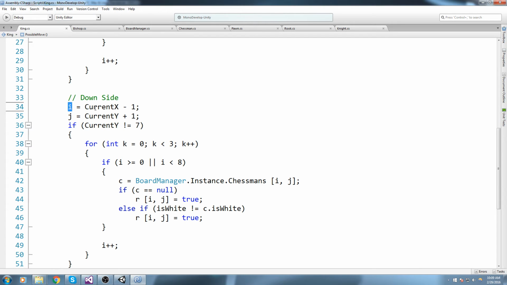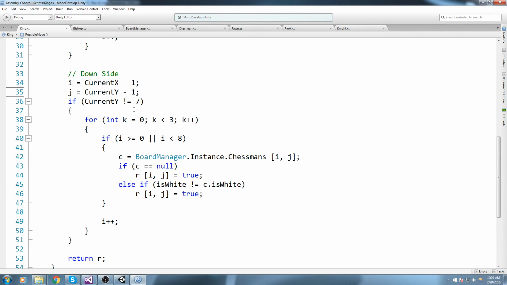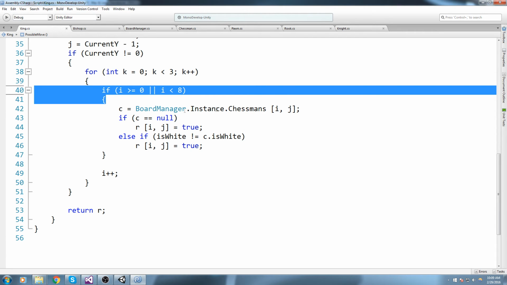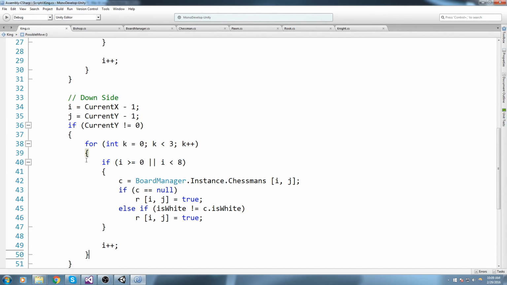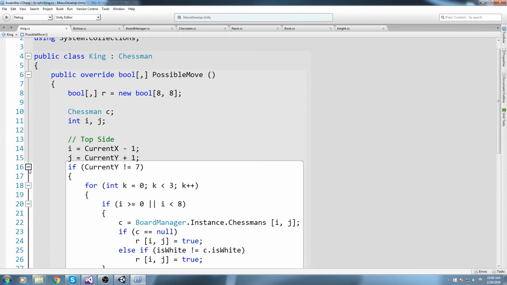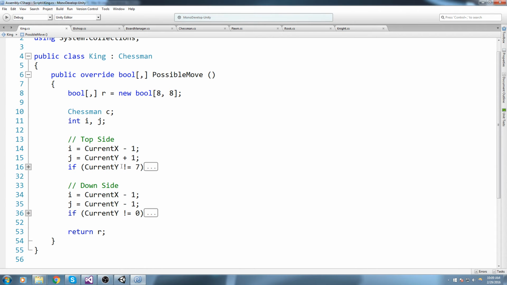Okay, so i is equal to current x minus 1, we keep this because we're going to be starting from left again, why not? But as for the j, we're going to say j is equal to current y minus 1. And then if current y is not equal to 0, so if we're not on the last bottom tile, then we still do this for loop. And then we check the same exact stuff here. And everything else should be working actually. But instead of doing, no, we're still doing i++. Okay, so everything works. We can simply leave it like that. And then what else? We got the 3 tiles top and we got the 3 tiles bottom. Let's go ahead and do